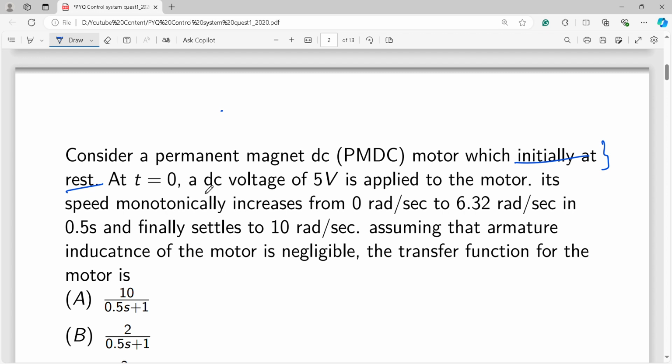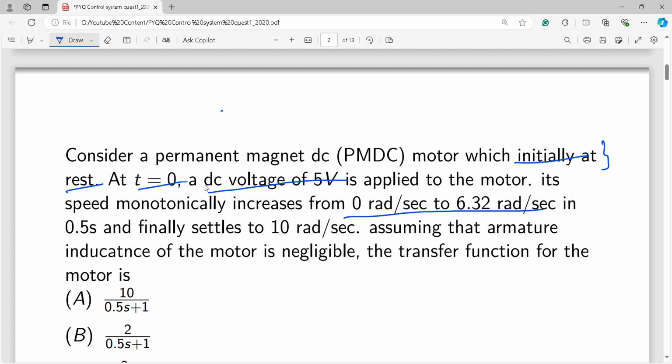And you know, a transfer function is only applicable without neglecting the initial condition. So this we should also know here. Given that at t is equal to 0, a DC voltage of 5 volts is applied to the motor, and its speed monotonically increases from 0 radian per second to 6.32 radian per second